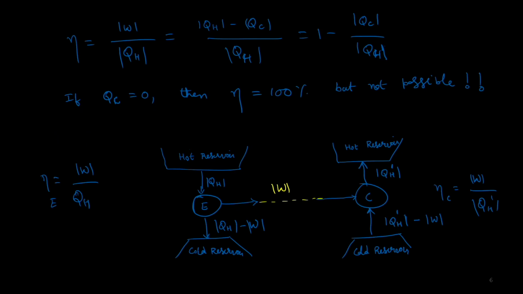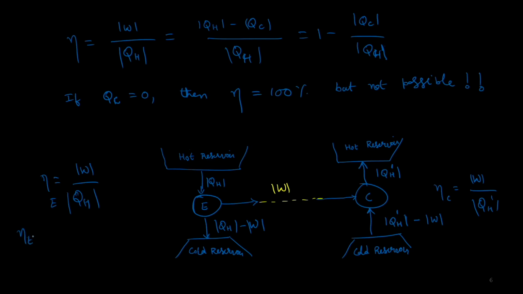So in one case, the efficiency is W by QH for the engine, and in the other case for the refrigerator, it is W by QH prime. The question is, can any engine have an efficiency that is greater than the Carnot engine, right? To answer that question, we can simply, like I said, combine these two engine and refrigerator combinations, and let us